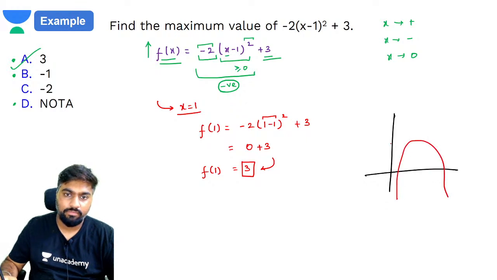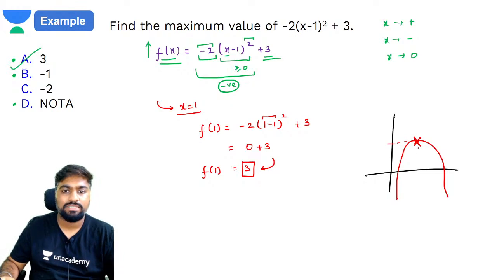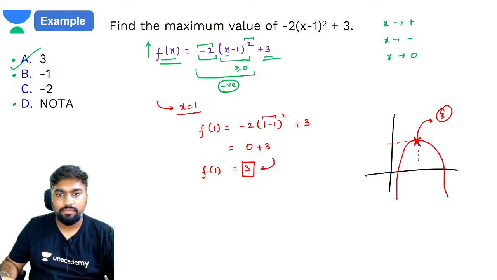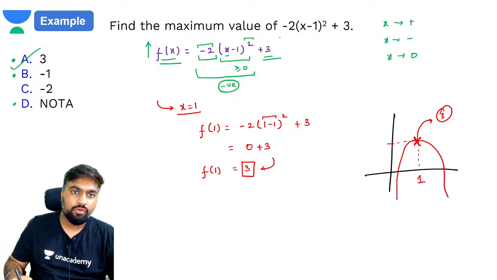Downwards at 3. So this point is the maximum possible value. What will this point be? 3. Yes, and what will the x value be here? 1. Understood? Yes. Now if you want to do this question using differentiation,